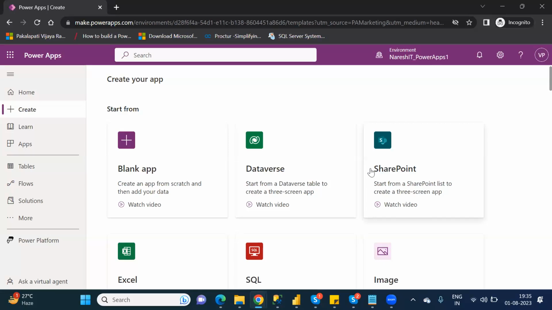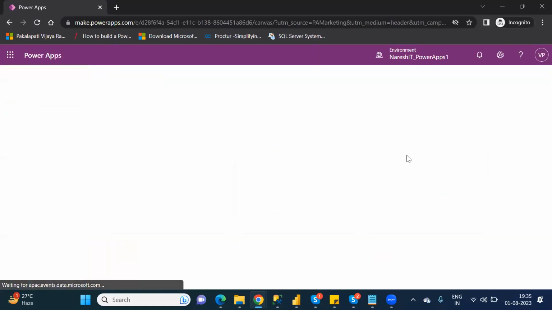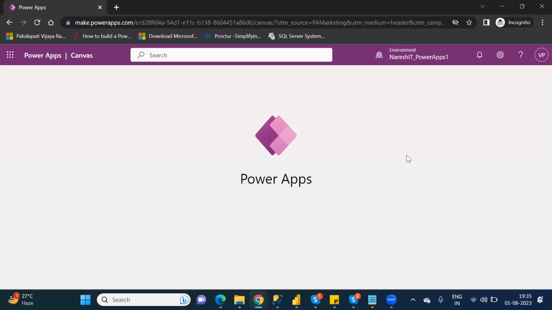Understand? Not here. If I show all the data sources, the space is also occupied more, right? That's the reason they are giving only a few of the data sources. And don't worry about those data sources. You can click on any app itself. Just click on this one, then automatically it will go to the data source. That means it is not connected with SharePoint. It is connected with the